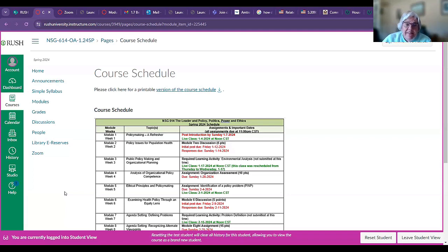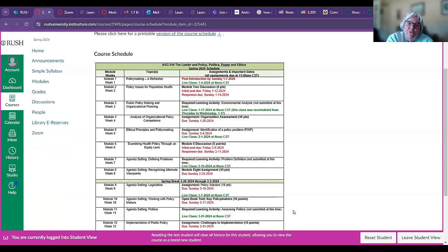It really works. This is why I like having this course schedule here, because then you don't have to put it in the module. This is the one document I know I have to go through and change. Everything's here: the live classes, the module assignments, the topic we're going to be covering. It's all right there so they can see it. So it's a little more detail than in the syllabus, but it is one more place you've got to change. And remember,